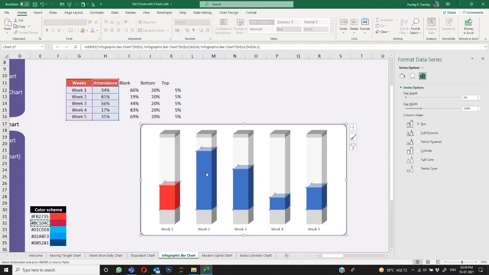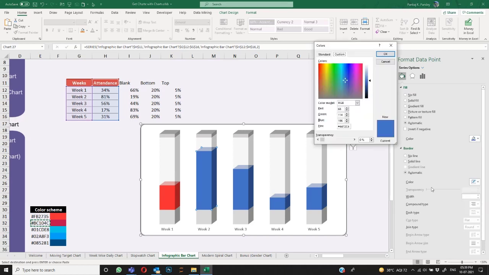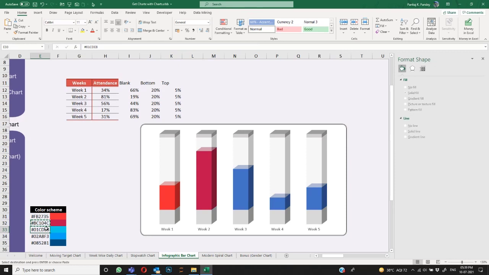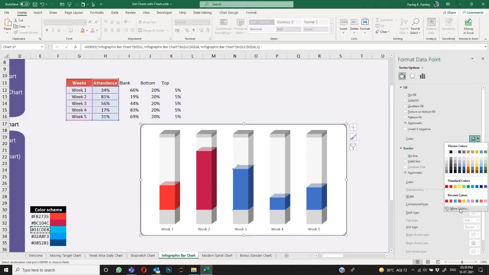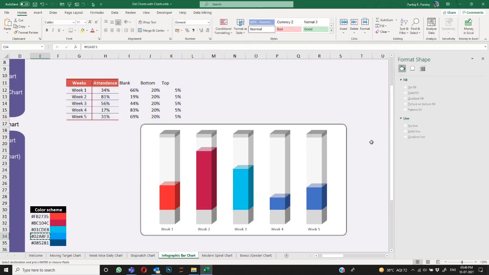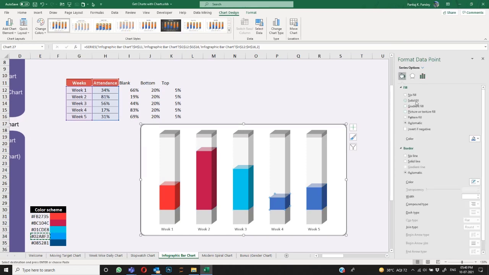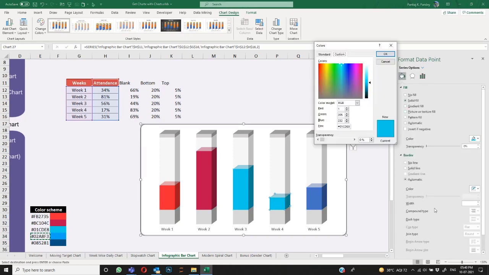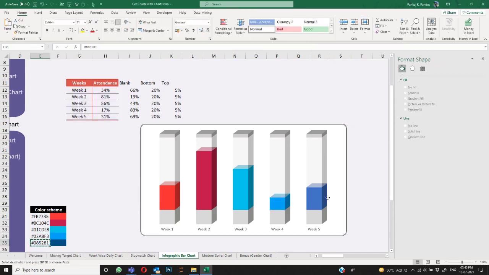Second one, repeat the same step. Done. Third, repeat the same step. Fourth. And last, fifth.